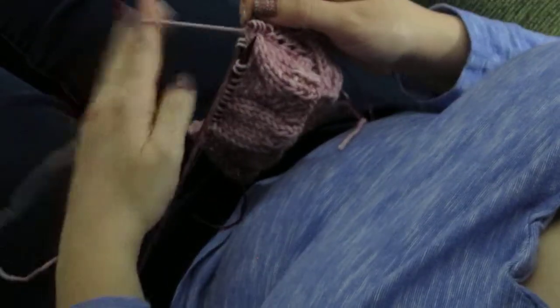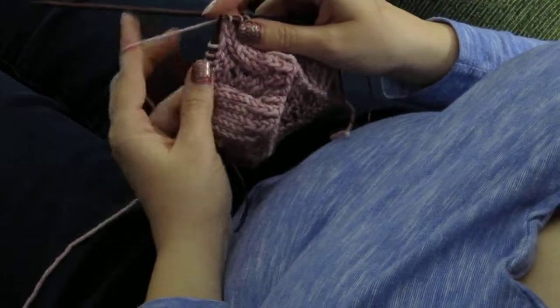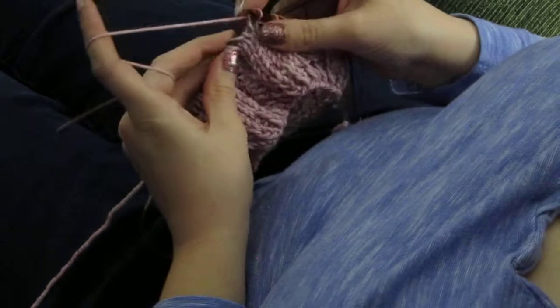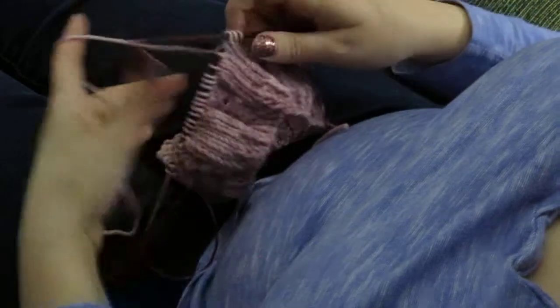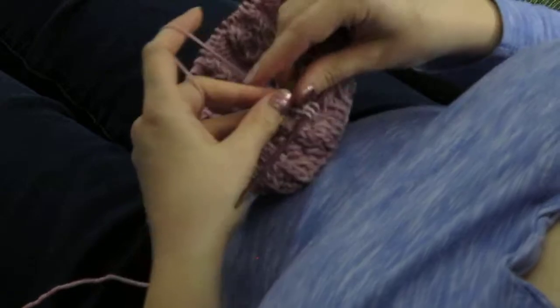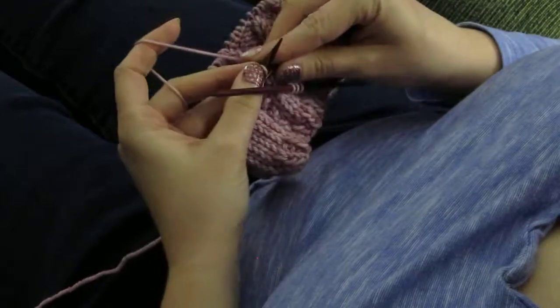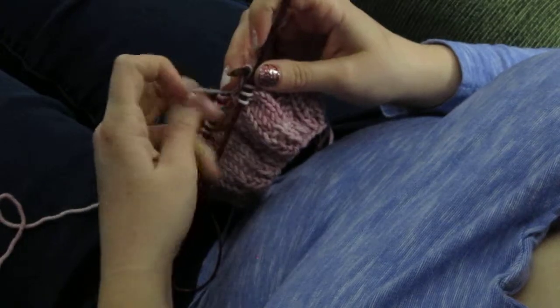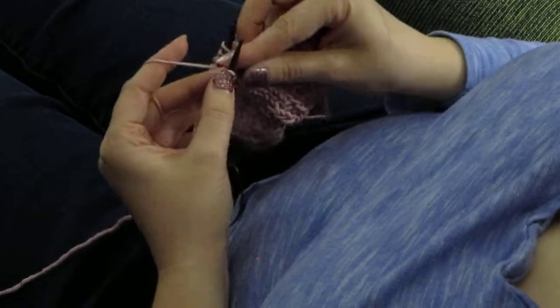I'll show you 2 more times how to cable with the needle, and then I'll show you how to cable on the second side of the hat. So we're just going to dangle this down in front. I'll show you how to cable without a needle. So 1, 2, 3 from the right hand needle, and then 1, 2, 3 from the cable needle,